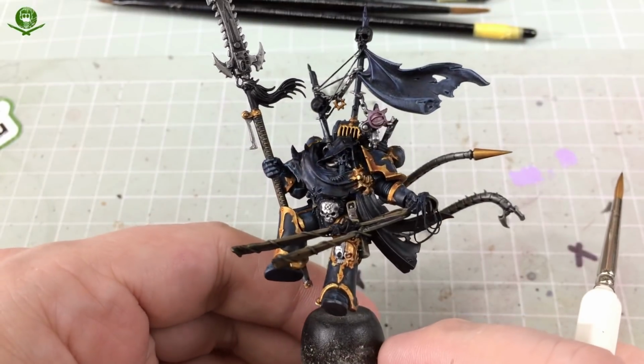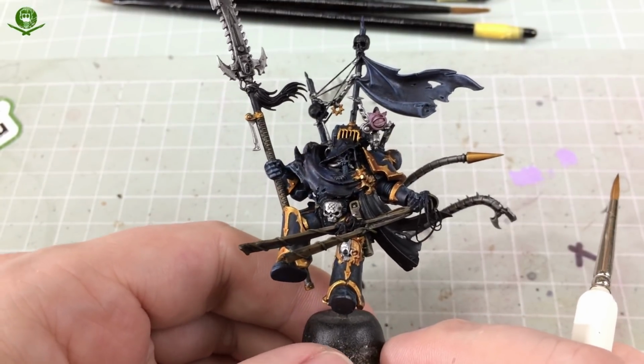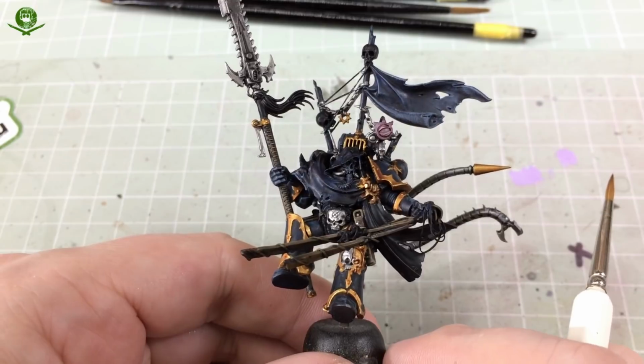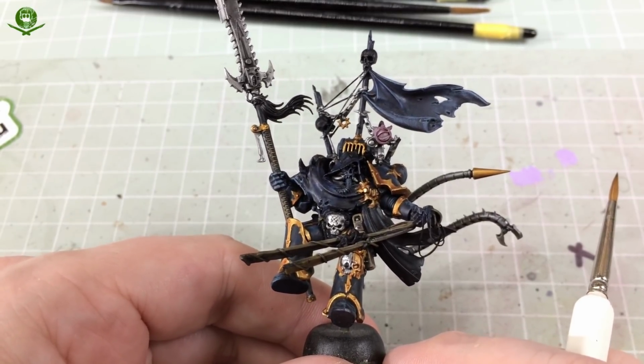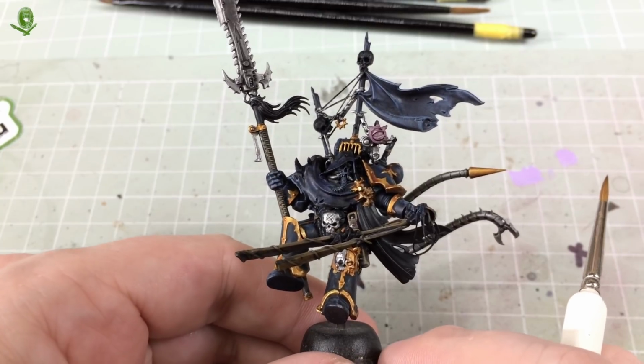Okay, that's the metallics done. You can see now they're starting to look a bit more awesome, as they always do. Now we're going to leave them there for now. We're going to come back to the metallics later after the matte varnishing, but for the moment we're done with them. The next thing now is to move on to the thing that's really going to make this figure pop,